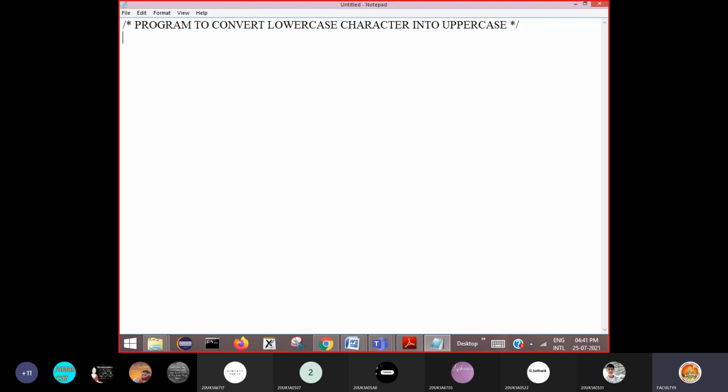For this you need to know the ASCII values of lowercase a and uppercase A. So include the header file, then write the main.